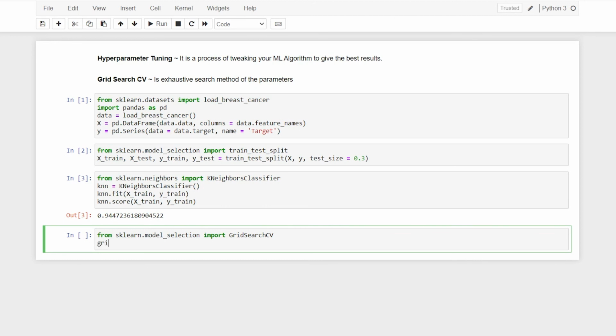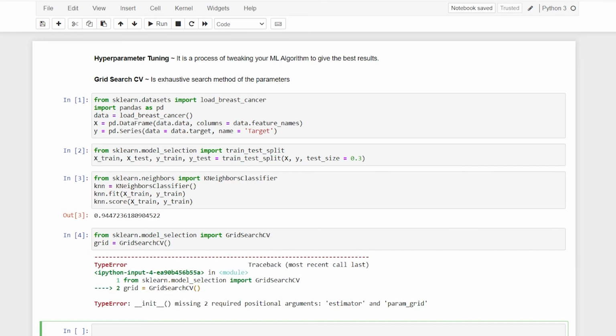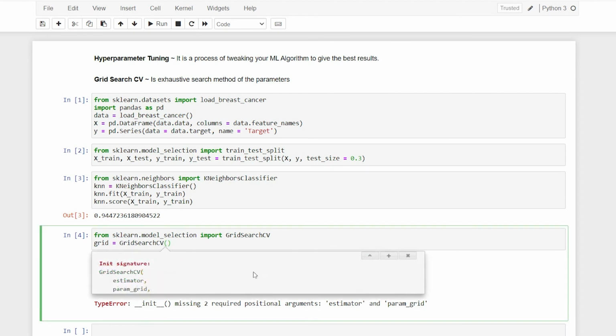All right, so the way I do it, I'll say grid. So grid is just the name of the variable that I'm making, and here I'll say GridSearchCV. Now this is going to take a set of parameters. So first I'm going to feed it my model, which is KNN. I'll just run this and show you. Okay, so I have an error, I know, but if we click over here, shift and tab, I get all of the things that it takes.